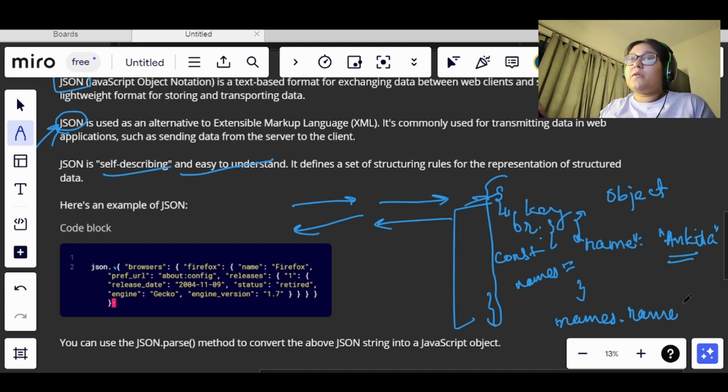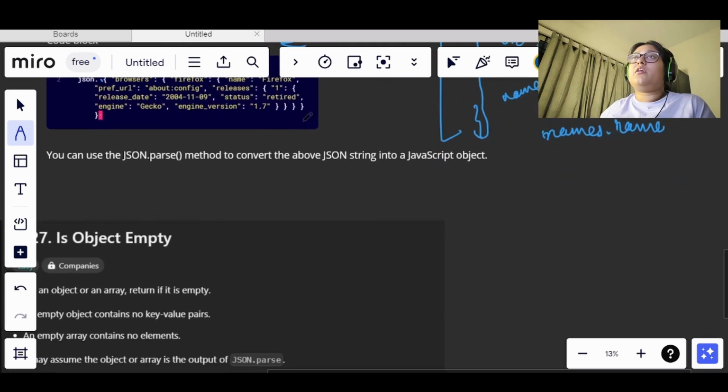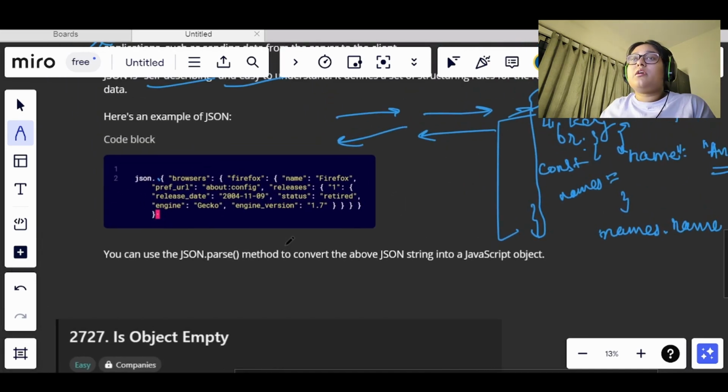A similar pattern will be followed in JSON also, because it is the object notation of JavaScript only. So there will be negligible difference between JSON and an object in JavaScript. And we have an important function, the parse method, in which, if we have a JSON string, it converts it into a JavaScript object, or we can say a JSON object.